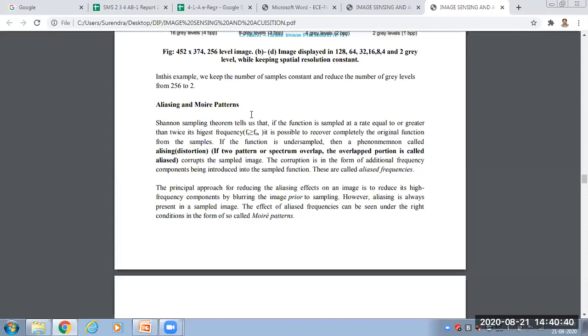Here also, we have two signals: a horizontal signal and a vertical signal, as it is a two dimensional image. So the sampling frequency criteria applies: Fs is greater than or equal to 2 times Fm. Only then will the signal be sampled properly. Otherwise, if this criteria is not met, there will definitely be aliasing, or overlapping of the portions.